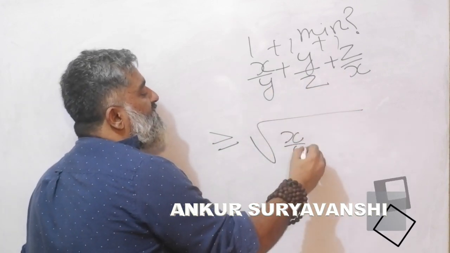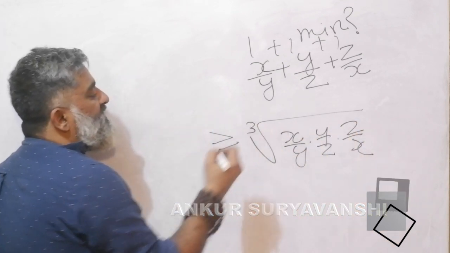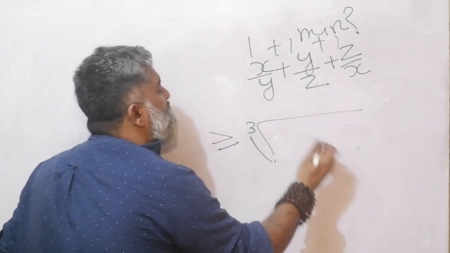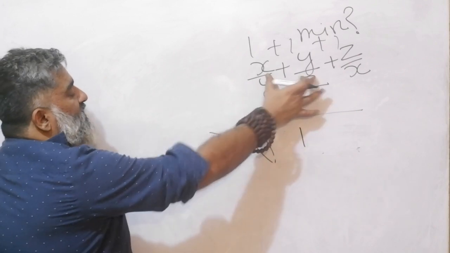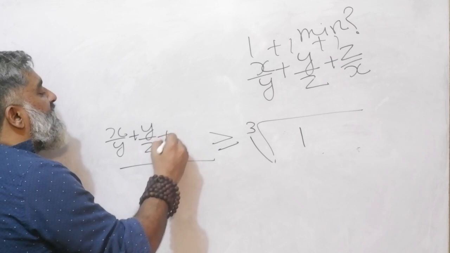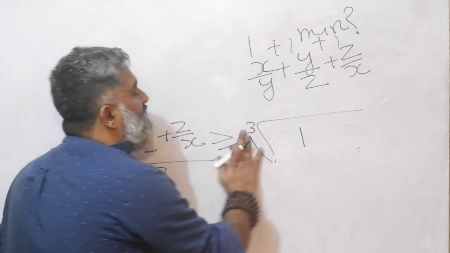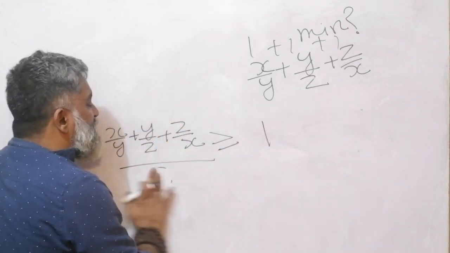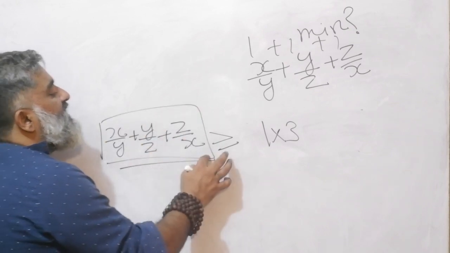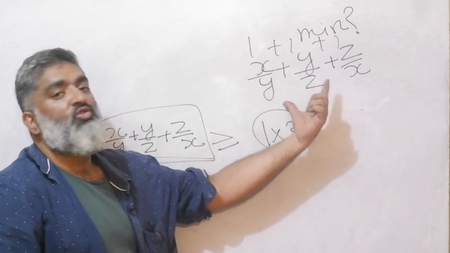So the product of the terms, same story, you will see the same logic is being played out, just it appears different. Why cube root? Because there are 3 terms. I know this product is going to be equal to 1. I want the sum on the other side: x by y plus y by z plus z by x, by 3. Cube root of 1 simply is going to give you a 1, and then this 3 will be cross multiplied on the other side. So you see the sum that you wanted is always greater than or equal to 3. That means the minimum value that this function can go for is 3.